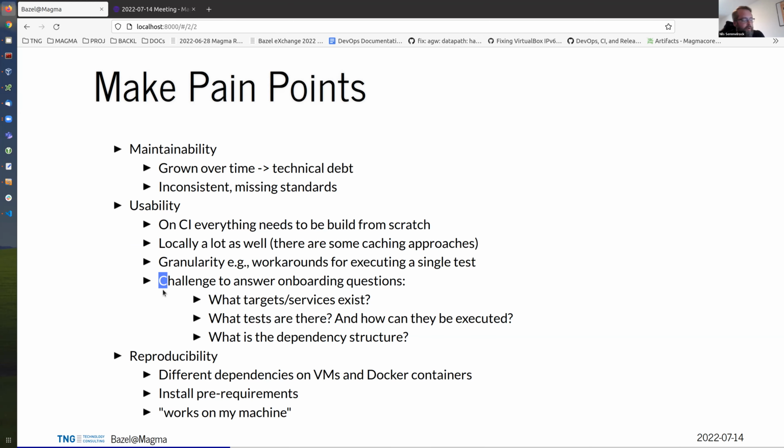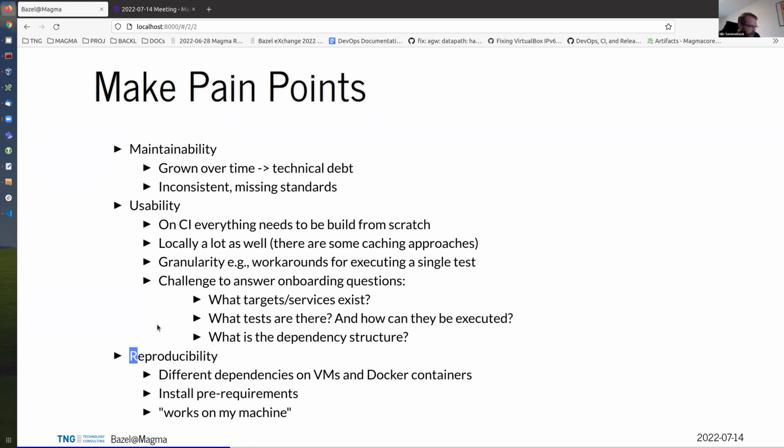Some questions for onboarding I found hard to answer with looking at the Make scripts. For example, what targets and services exist actually in Magma, what tests are there, how can they be executed, and what is the actual dependency structure between the services and inside of the services.